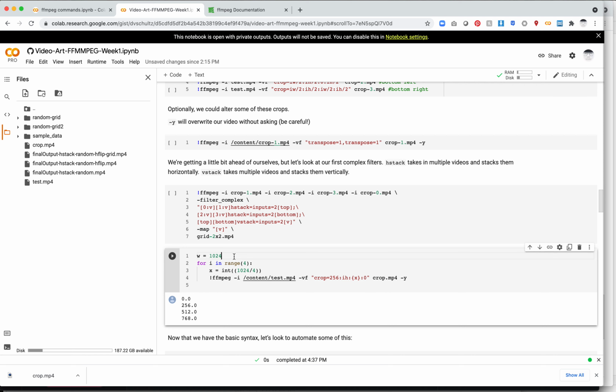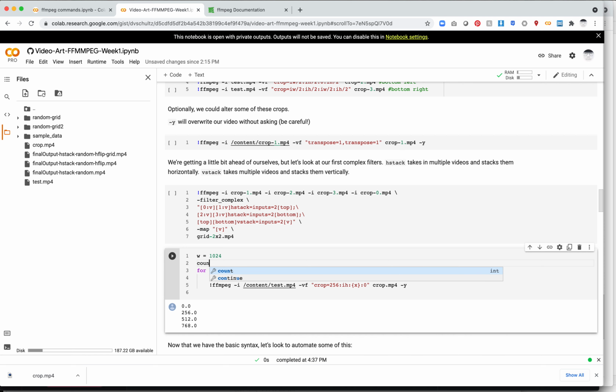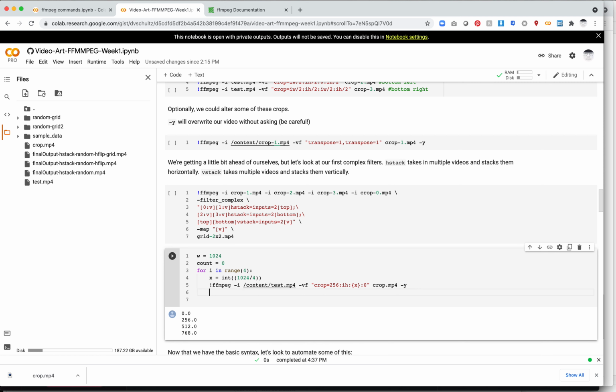So what I really want to do is set a count value. So we'll set count equals 0. And then every time this runs, we're going to increment our count. So we'll do count plus equals 1. And then I want to take this value and output it here. So we'll do crop dash, and then in curly brackets, we'll say count. So what this will do is now it will run 4 times, and I will get out 4 pieces of